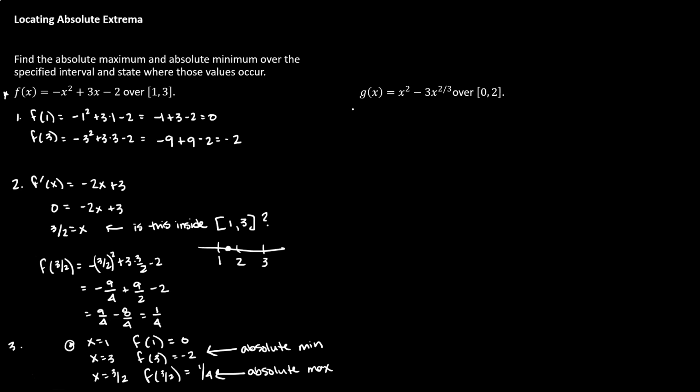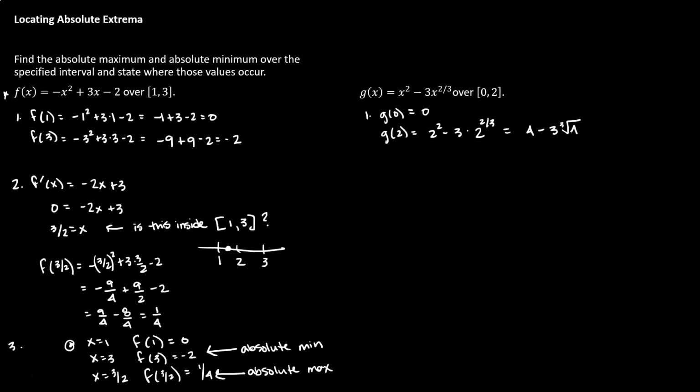So let's work on this function g, same process that we just used for the function f. Start off by evaluating our function at 0. Plugging 0 into this function, we get 0 back out. Plug in the right endpoint, 2. That gives us 2 squared minus 3 times 2 to the 2/3, which looks like 4 minus 3 times the